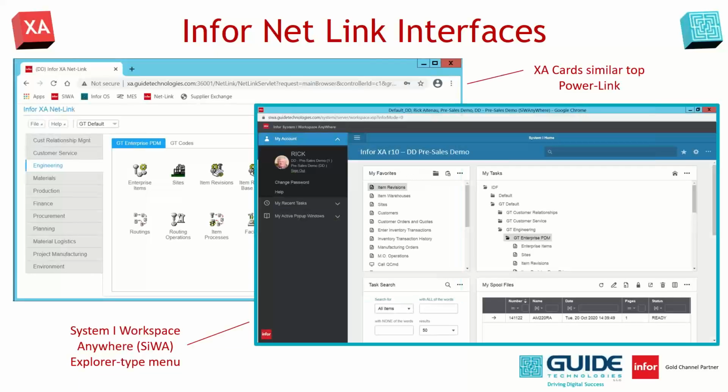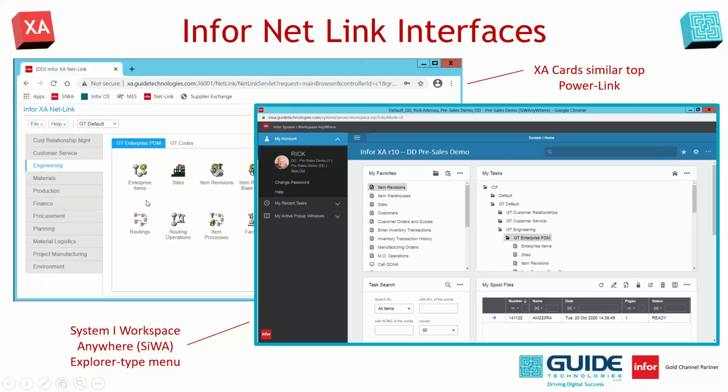This is the similar card that you're used to seeing on the left. On the right is the System on Workspace Anywhere, Siwa. This is one of the things that really makes us powerful. You guys may not have this on your box, but you get it for free. You have to talk to your account executive. They have to put in an Infor order form, but you get this tool. And this tool opens up all the simplicity and all the functions that I'm talking about when it comes to